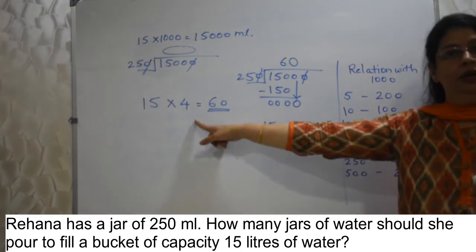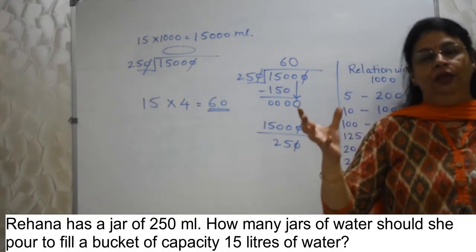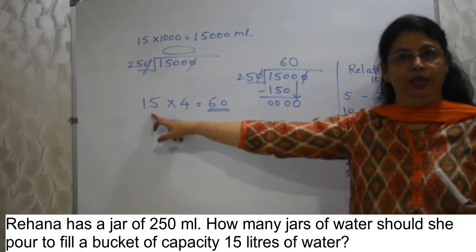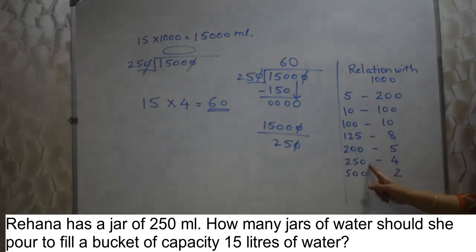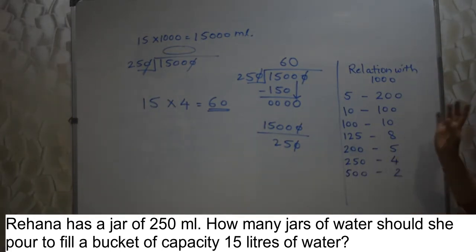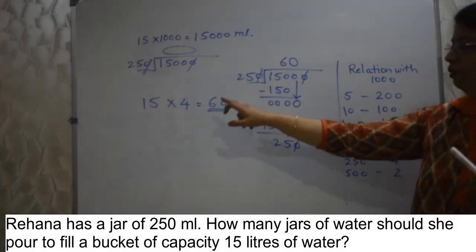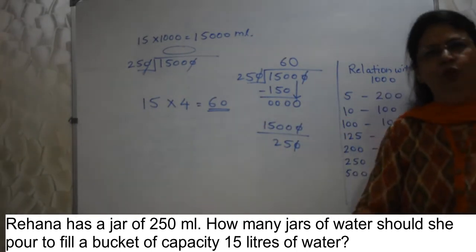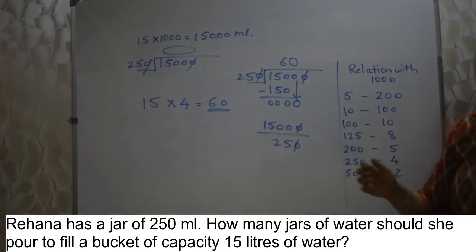Okay. So here I have shared a trick with you. Whenever they give you something like that, that a 250 ml jug is there, you have to fill water in a bucket, and the bucket is 15 liters. So forget about this 250. Just find out the relation of 250 with 1000. That is 4. So now which number you should take the help of is 4, not 250. So instead of dividing it by 250, we have to now multiply by 4. Answer is ready. Within few seconds answer will be ready. Otherwise imagine doing this.